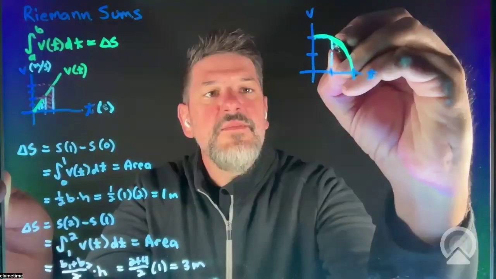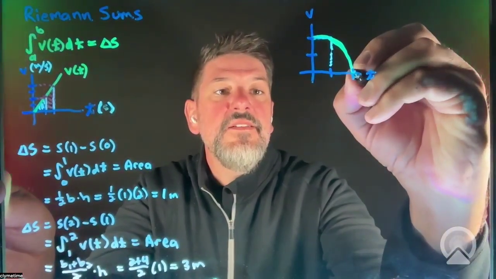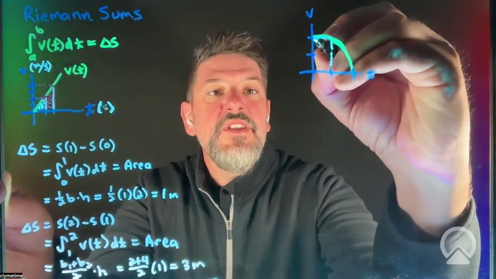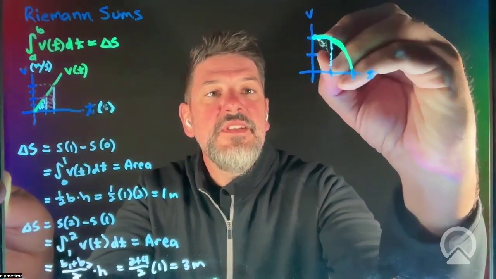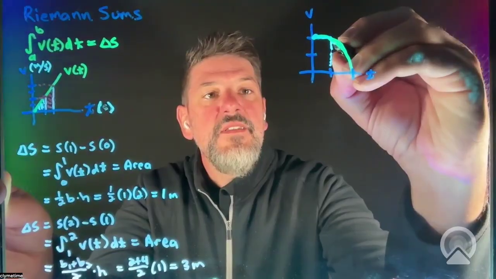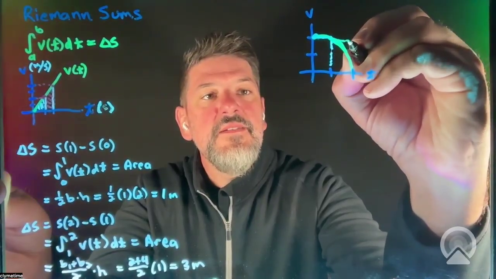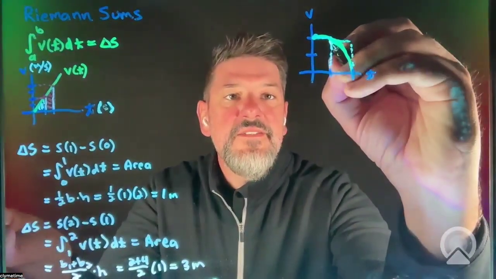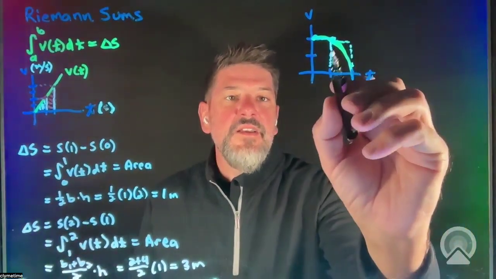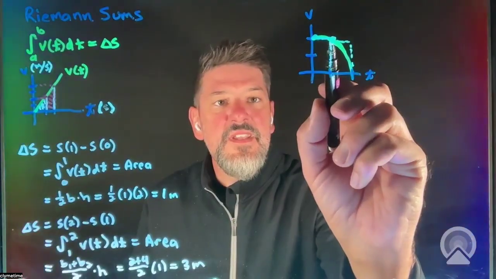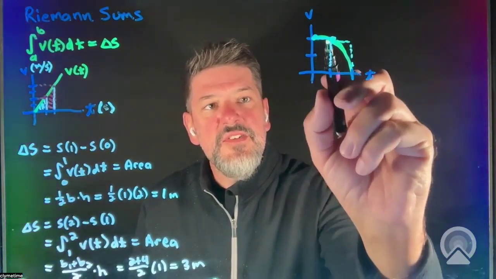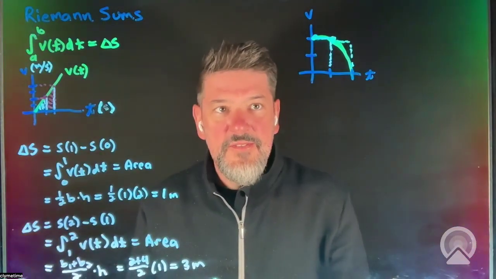So our first rectangle might look something like that. And the second rectangle might look something like, it depends on what I use as the endpoint. So if I use the left endpoint, then it's going to look something like that. And the second rectangle might look something like this. All right, so if I use the left, when I look at the rectangle, if the left part of the rectangle is the part that intersects with the function, then we call that the left endpoint